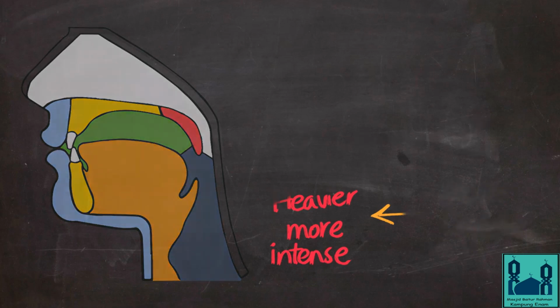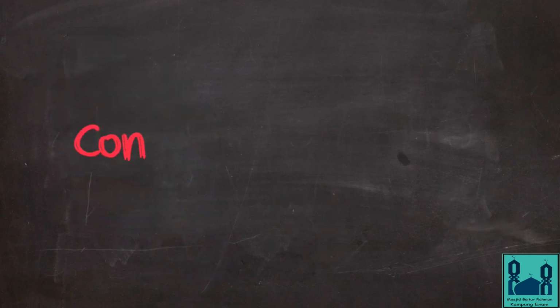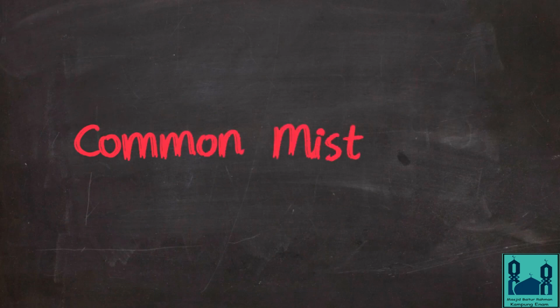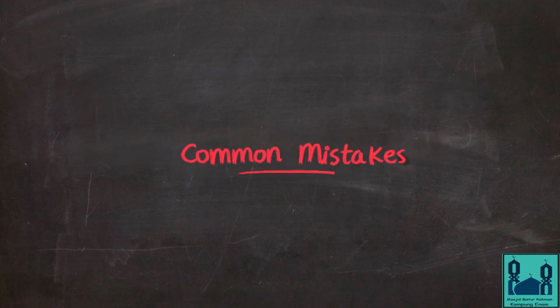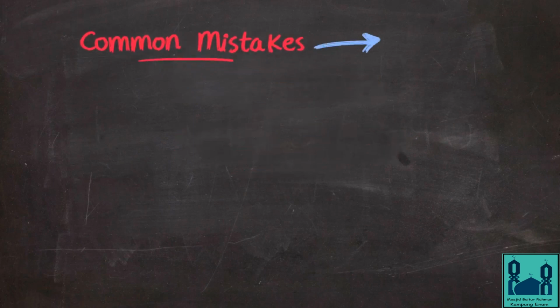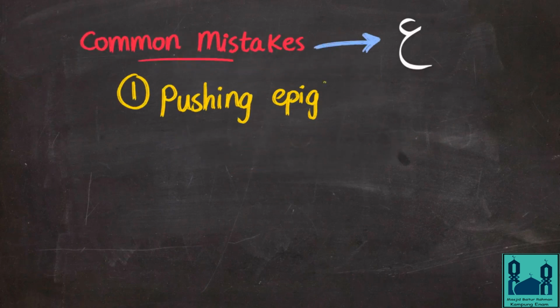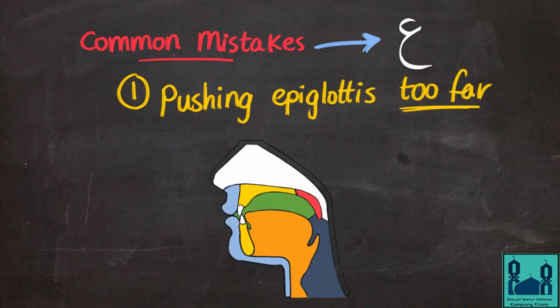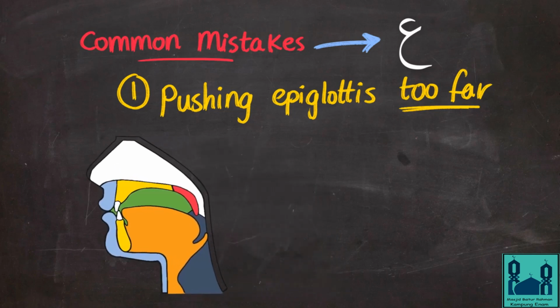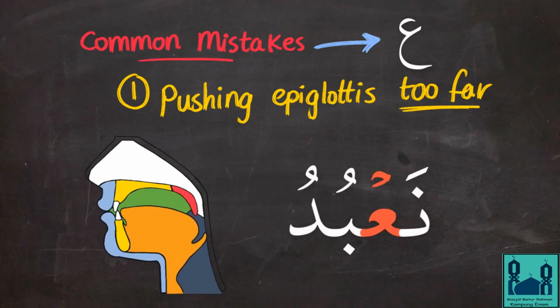Alright, now that we know the basics of how these sounds are performed, let us discuss the most common mistakes related to these two sounds. As for the ayn, the first mistake is pushing your epiglottis too far back, turning the ayn into a hard, cut letter with no continuation whatsoever. The result is that the ayn, especially when used in the middle of the sentence, would essentially split the word into two, and that is not a good technique, of course. Like na'budu,